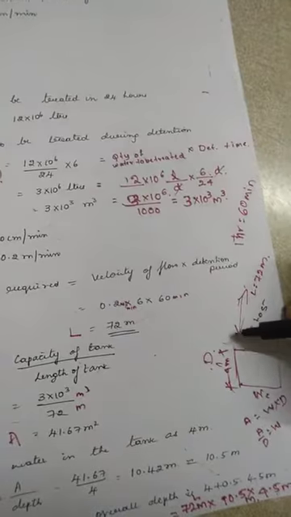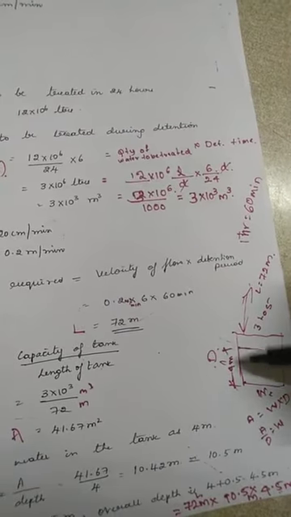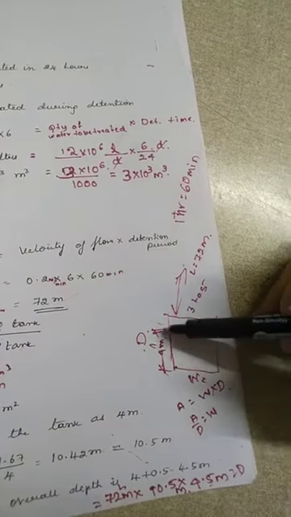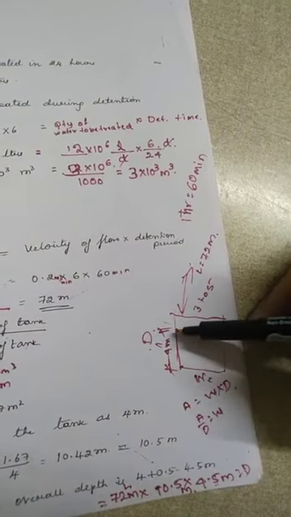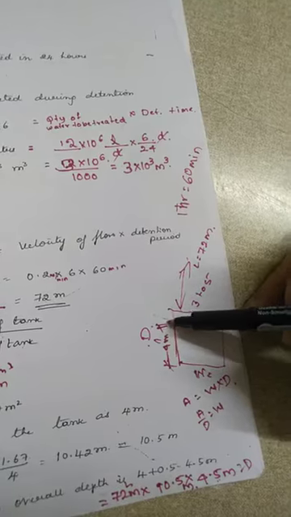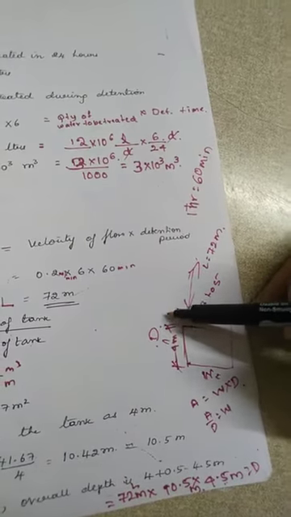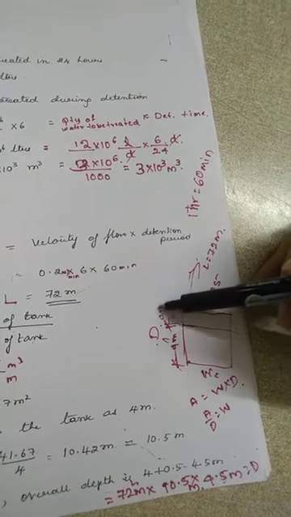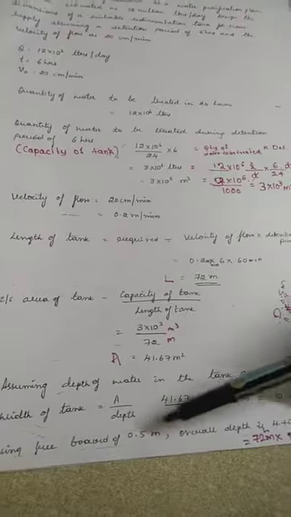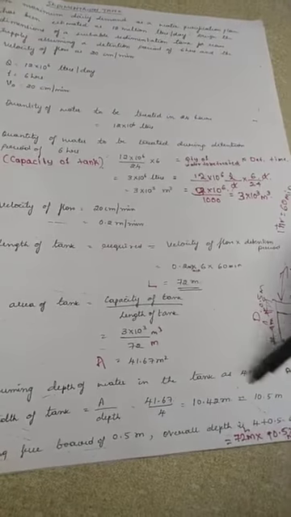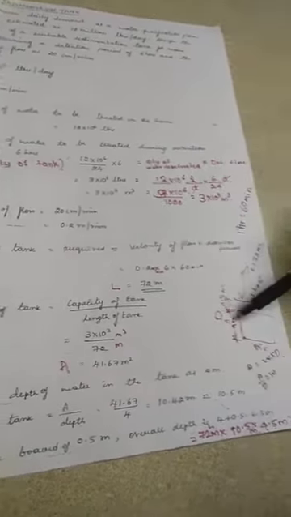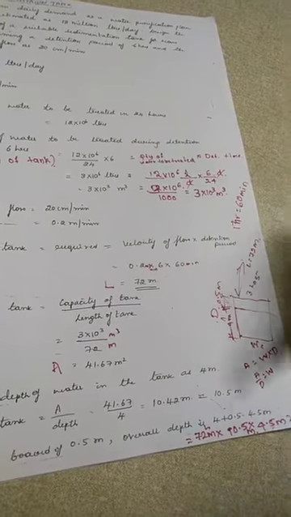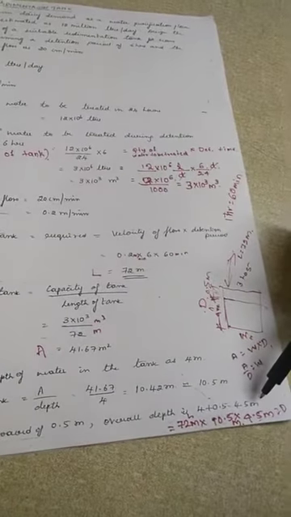Okay, now what is freeboard? We are not going to keep it as 4 meter depth itself, because if there is some turbulence in the water, what will happen if we keep it as 4 meter only? The entire water will come out and the water will get wasted. So we are going to keep a freeboard of 0.5 meter. So we are going to keep the depth 4 meter, that is this, and 0.5 meter the freeboard. So totally it will become 4.5 meter.